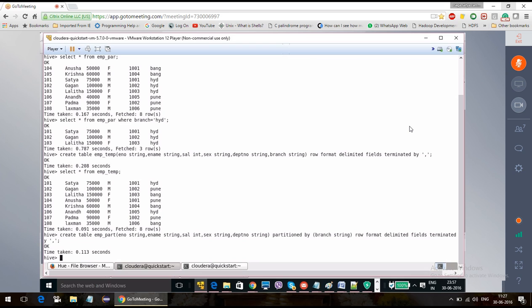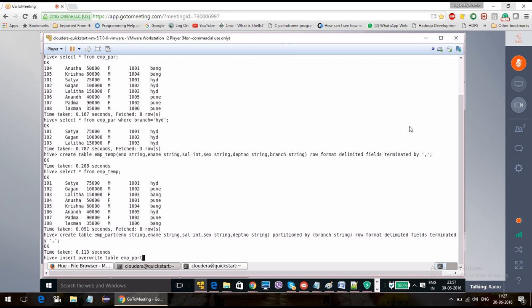How can you load the data from a normal table to a partition table? The command is insert overwrite table. Which table am I going to load the data into? emp_part table.